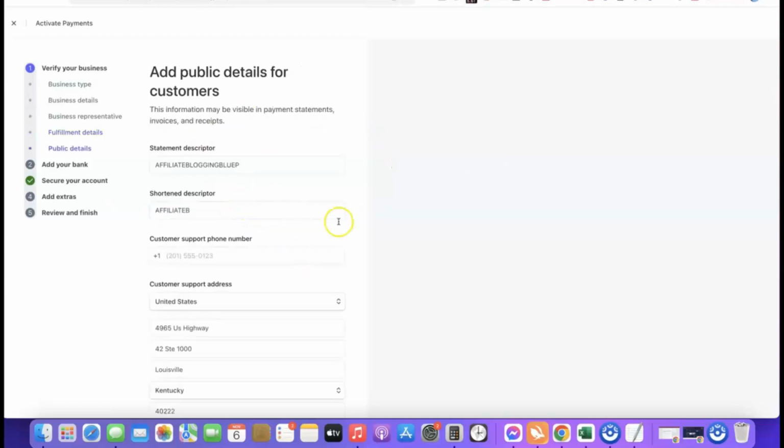So after that, they are going to ask you to enter your public details for your customer. So this is what your customer is going to see when they are checking out on your website. So here it says statement descriptor. So this is what is going to appear on the debit message your customer is going to see when they purchase any product on your website. So this could be a short form of the product you are selling. So this is just to let them know that this is from your website when they receive the debit message